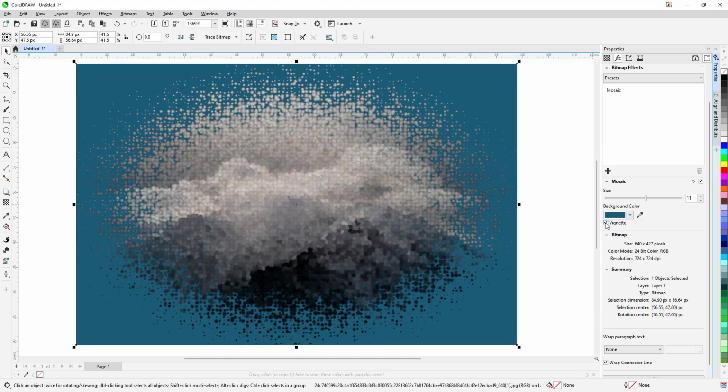So apart from that, you can also add in a vignette right here, just like this, and accordingly you can see that you get a vignette effect around the Mosaic effect as well. And this is how you can apply the Mosaic effect inside of